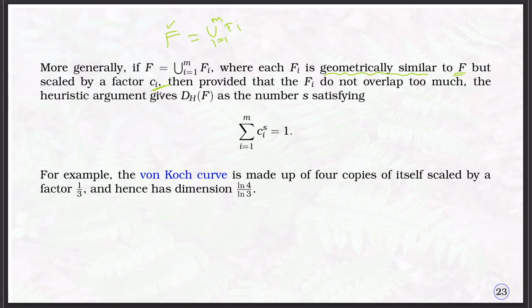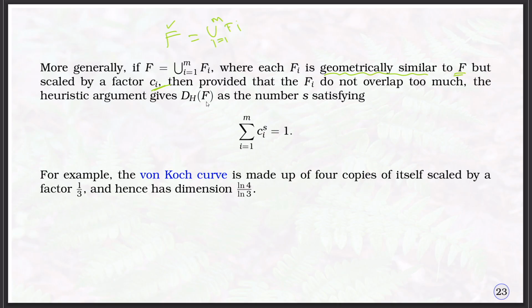That means if you apply the contraction on F, it will reduce to a copy of itself. Both are geometrically similar, and you can take the finite union of the Fi to get F. Then provided the Fi do not overlap too much,